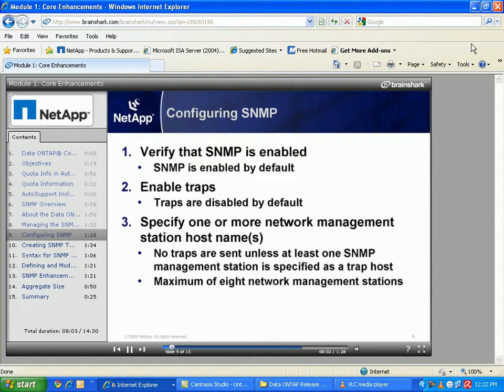To configure the SNMP agent on your storage system, you must do all of the following steps. There are 3. First, verify that SNMP is enabled. SNMP is enabled by default in Data ONTAP. Second, enable the traps. The traps are disabled by default. And 3, specify one or more network management station host names. No traps are sent unless at least one SNMP management station is specified as a trap host. Trap notifications can be sent to a maximum of 8 network management stations. SNMP can be configured from the command line using the snmp command or via FilerView. To enable